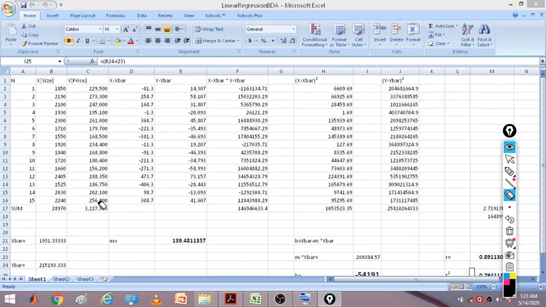Now we have to find x bar. I have taken the sum of all the values of x and the sum of all the values of y. x bar is the mean of all this, so this sum is divided by n, the total number of training examples, which is 15. Now y bar defines the mean of your dependent variable y.